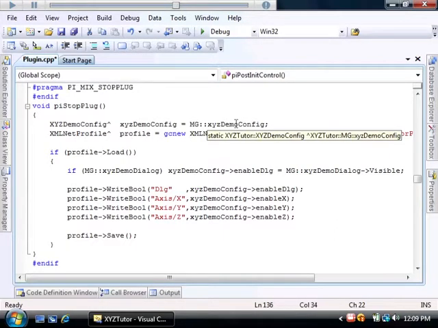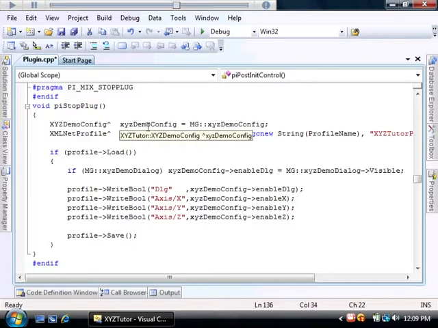So by copying the static pointer into our local pointer, our local variable pointer, we get read-write access to that